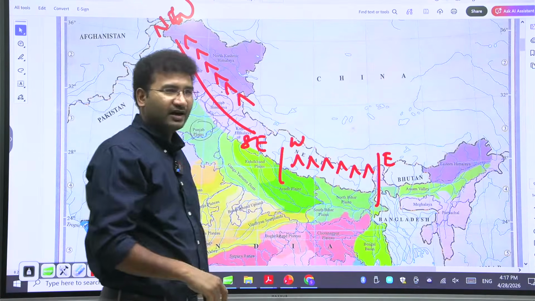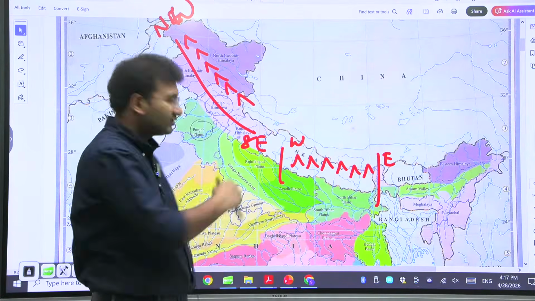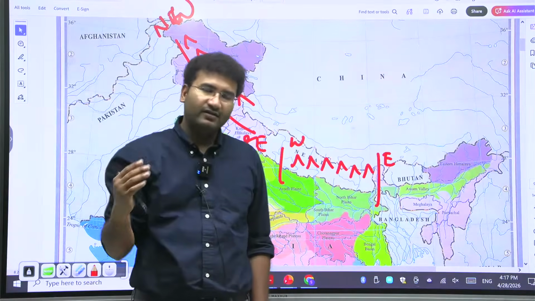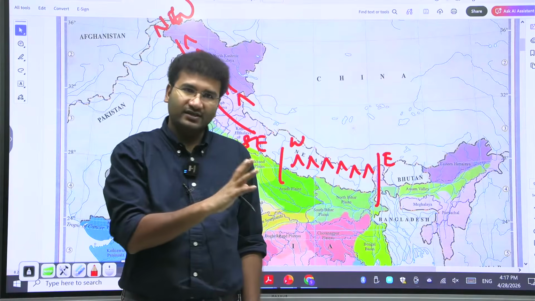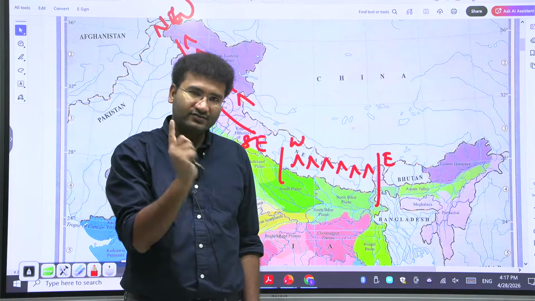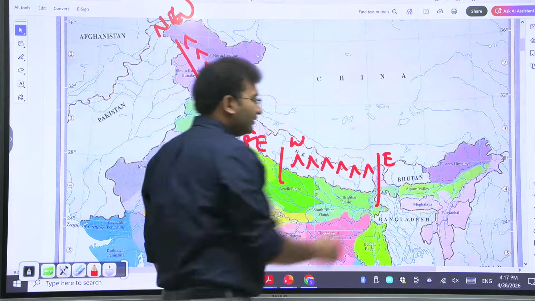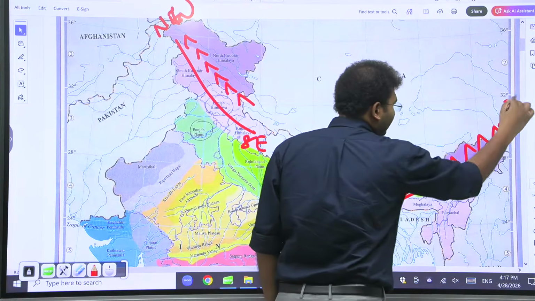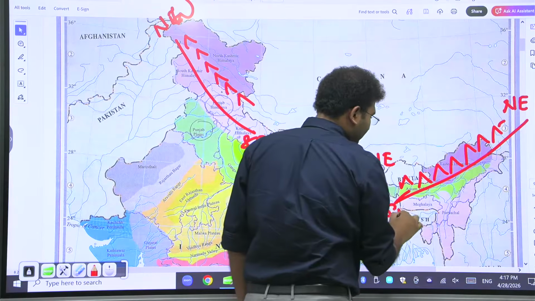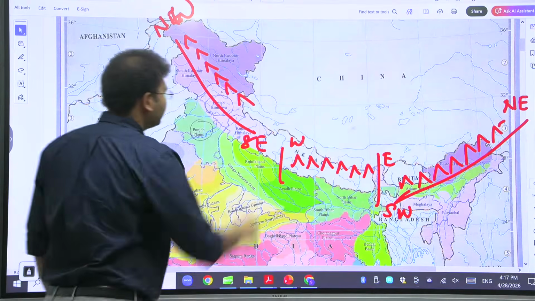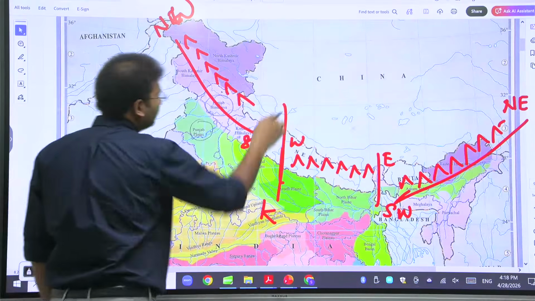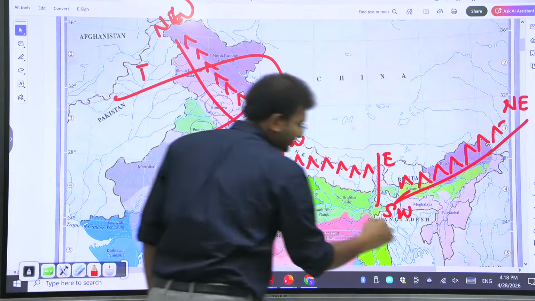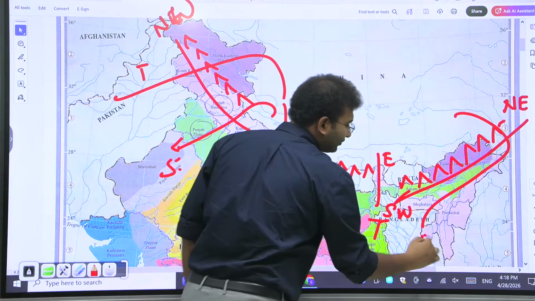And you might be asking this doubt, sir, is it northwest to southeast? No. We always measure from east to west. In geography, you look from east to west in terms of measurements, and the earth rotates from west to east. So here, this orientation is northeast to southwest, right? So the divisions are based on the rivers. This is Kali, and this is Indus and Sutlej. This is your Teesta, and this is your Brahmaputra, right?